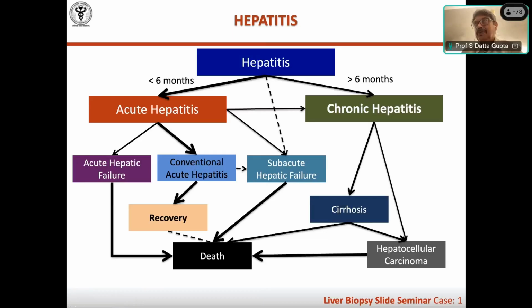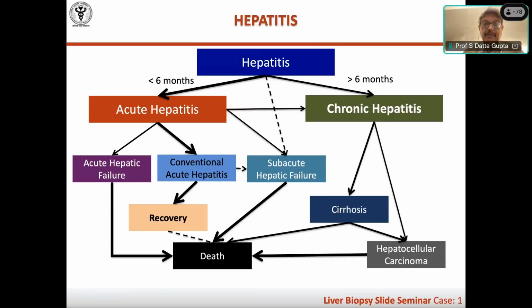many of us would have got hepatitis A or E without even knowing, like flu, right? Conventional hepatitis patients don't get any of this encephalopathy and other things. They get jaundice, they become all right, and they recover. But acute hepatic failure means encephalopathy within 4 weeks. Most of these patients will have extensive confluent necrosis, usually panlobular or pan-acinar, and some bridging, like I showed you,